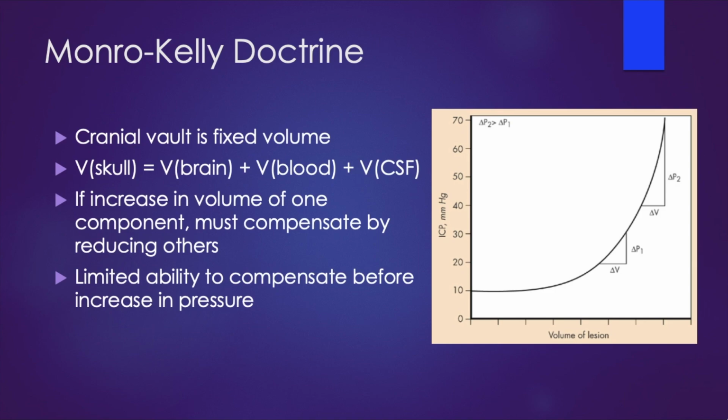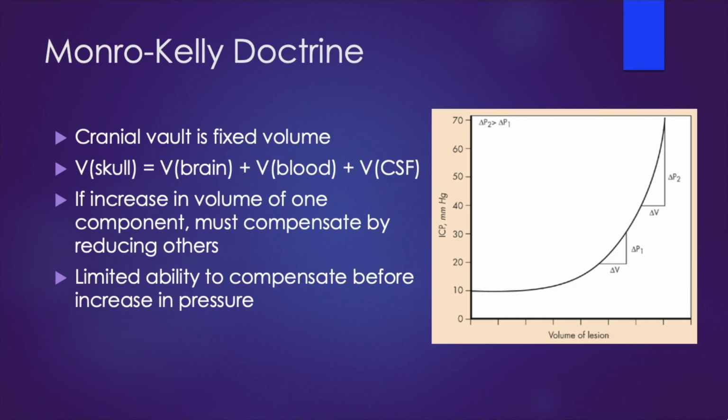Intracranial blood can decrease volume through reducing the high-capacity venous system. CSF may shift outside to the spinal canal or chronically through increased drainage. Brain tissue can reduce in volume by intracellular and interstitial fluid shifts. As demonstrated in the graph, initial mass increases can be compensated for, but beyond a certain point, compensation is overrun